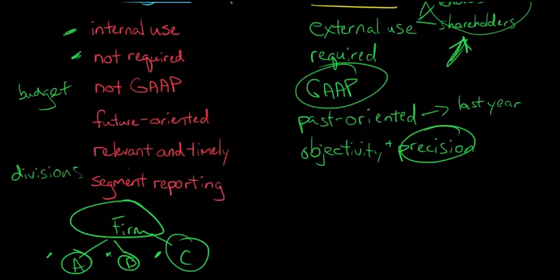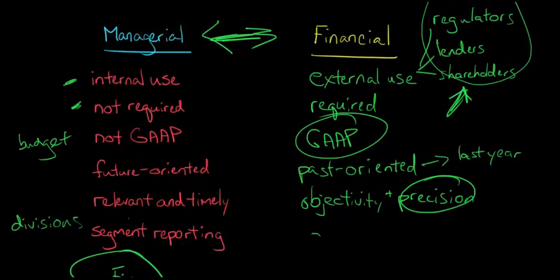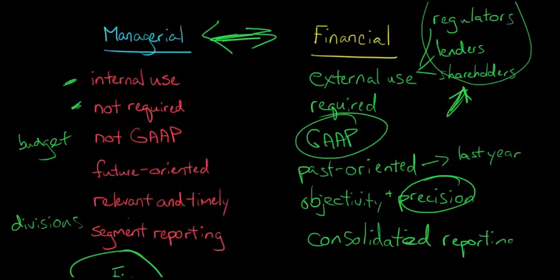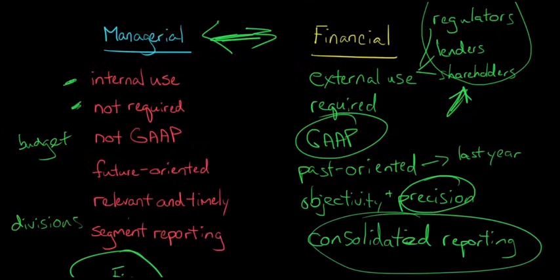But when we think about financial accounting, what we're really putting together for our shareholders and lenders is a consolidated income statement, a consolidated balance sheet, right? So we've got all the different subsidiaries or segments. We're going to ultimately put it all together into one consolidated balance sheet, income statement, statement of cash flows, and that's what we're going to report. They're not so much worried about what happened on the division or segment level, and we may not even have to report that information when we're thinking about financial accounting.